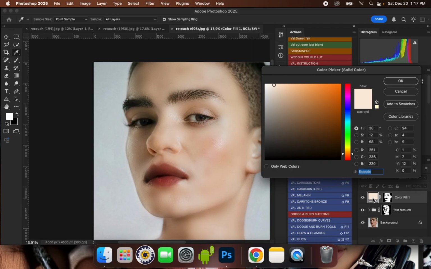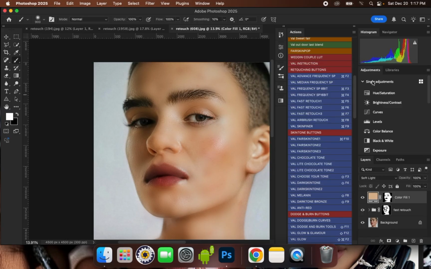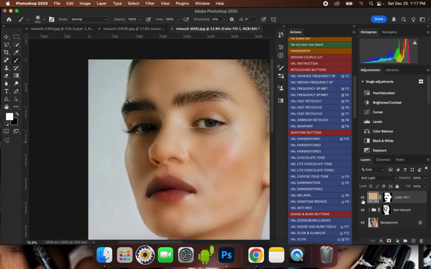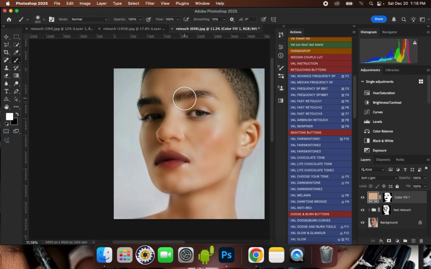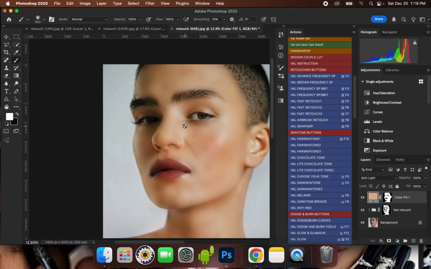You can double click here again and choose the skin tone also. You can try any skin tone that you feel is okay for you. So let me leave it here. So this is before and this is after, before and this is after. Okay. So now